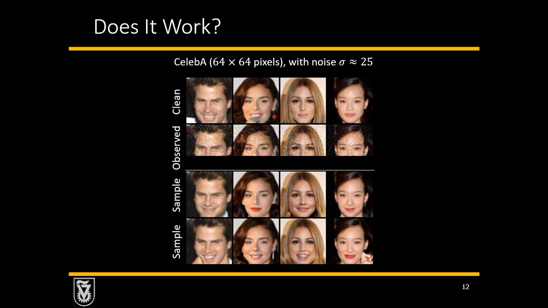The first row here shows the clean original images, and the second row shows the observed noisy images with the missing parts. And in the two following rows, you can see two samples of our algorithm. You can see that since the mouth area is covered in the observation, we, for example, do not know if the mouth is open or closed. We do not know if this woman has lipstick or not. So some samples might show these features and some might show different features, which shows a great uncertainty in the image inpainting problem.